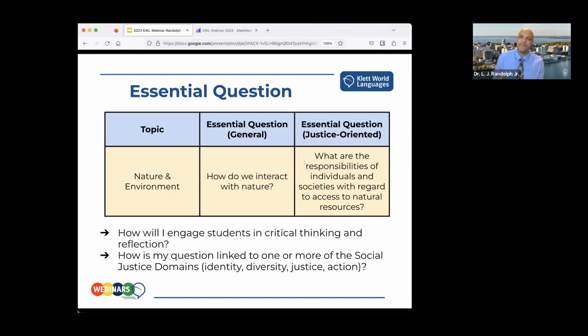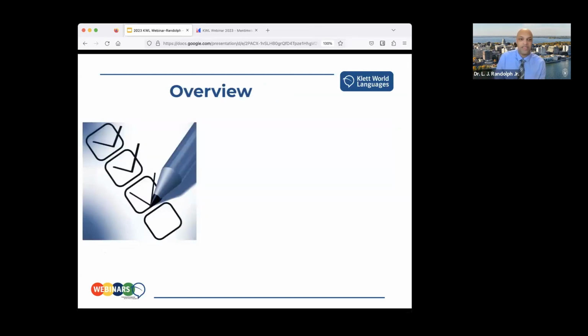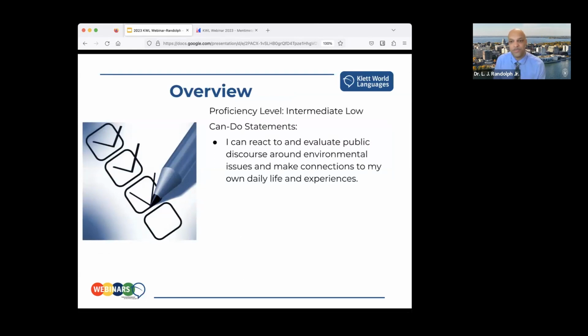And if so, that lets me know that I might be on the right track in engaging my learners in justice-oriented learning versus just something that's an interesting cultural topic. Because I think nature and environment, you could approach that in a way that's interesting and fun, but not necessarily justice-oriented. So the level, intermediate low, the can-do statements with this one: I can react to and evaluate public discourse